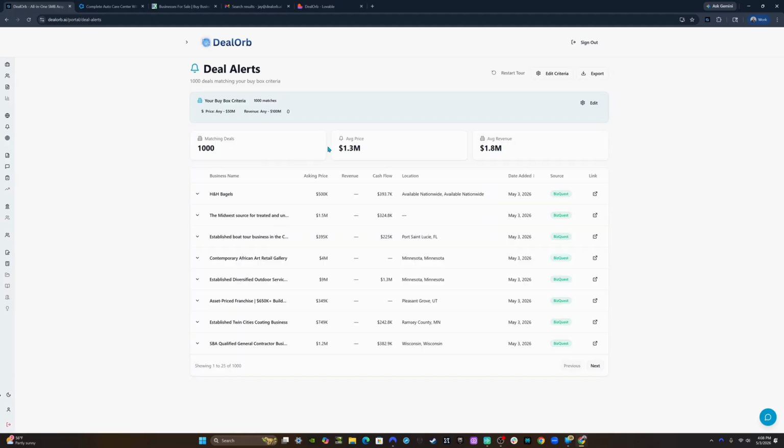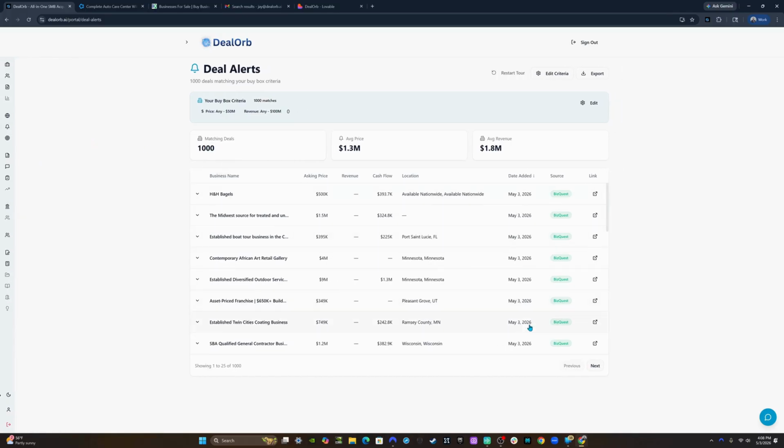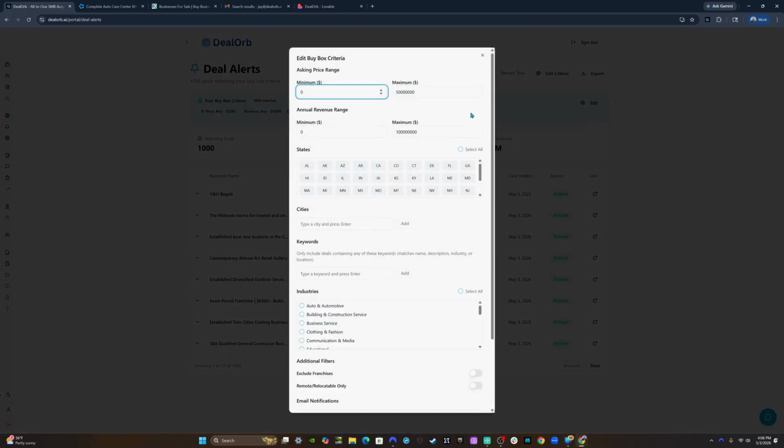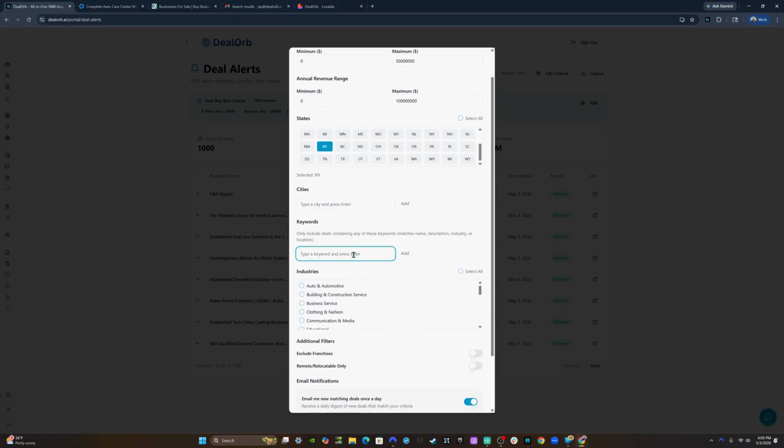and you'll notice that this is very similar to the on-market deals aggregator, where I basically have a list of businesses. In order to set up emails, I click the edit box on the buy box criteria, and this will allow me to first define the businesses that I want to actually have sent over to me via the deal alerts. So for sake of simplicity, I'm going to just select New York businesses, and I'll select auto repair,